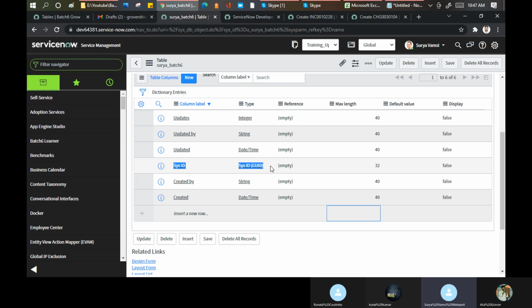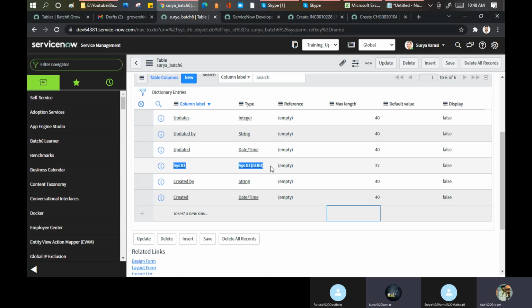Ronald, what do you say? It is used to identify like a number, like Aadhaar number or something like that, a separate identity number of a record. Actually, it's a system generated unique ID, and every record has a unique ID in the ServiceNow. Every record? Yeah. Every field? Yeah, every attribute. Oh no, I think I'm a little bit confused, but it's every record, I can say.